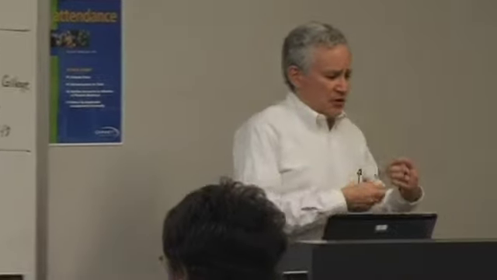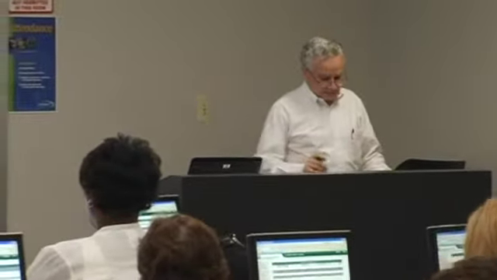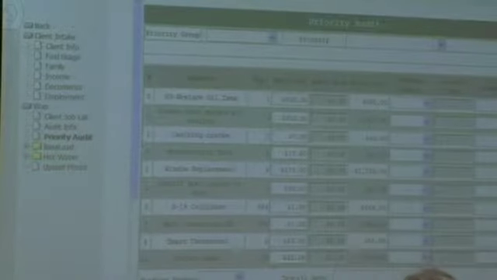I'm not sure. It's submitted to GEFA. Yeah. Once it's submitted to GEFA, then you can't go back. But let's try to walk through that work order process. Let's say we were installing this tank and they discovered there was some other problem that they wanted addressed. What we would do in that case is go back to the job list, go back to this job, go to its priority audit list, and then possibly,